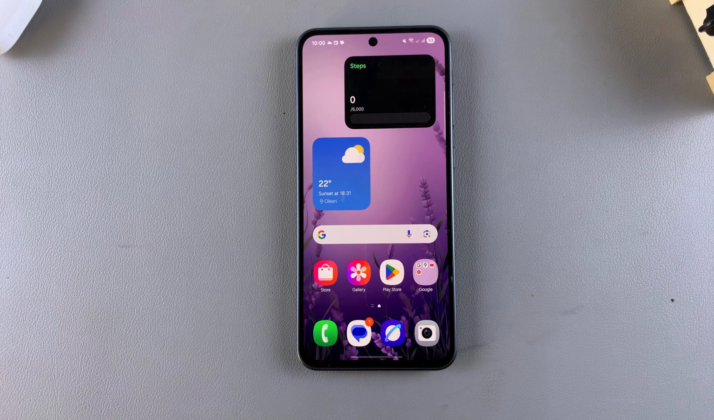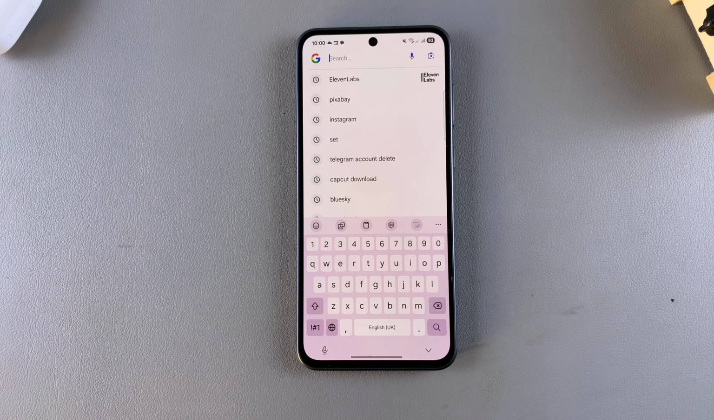So in this video, you'll learn how to enable autocorrect on your Samsung Galaxy A26, A36, and A56. Autocorrect is a feature that simply replaces any mistyped words on your keyboard, on your phone. So if you want to enable autocorrect so that it's easier for you to type out words, then all you